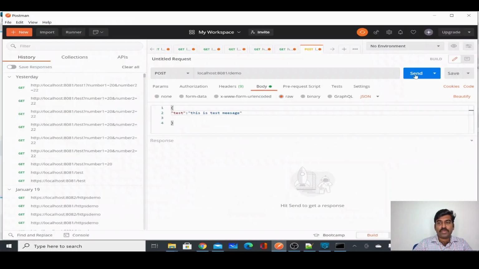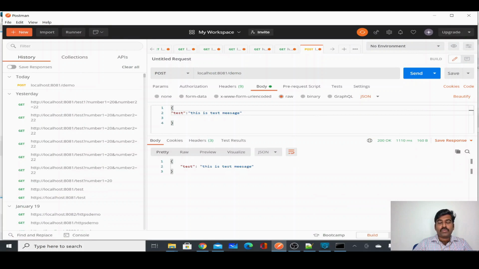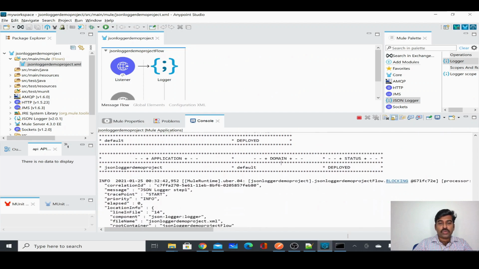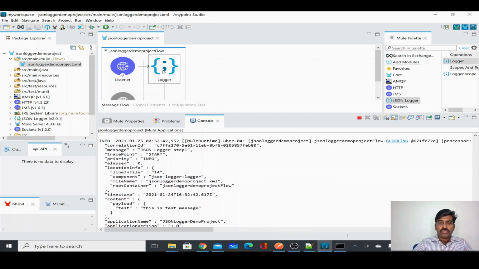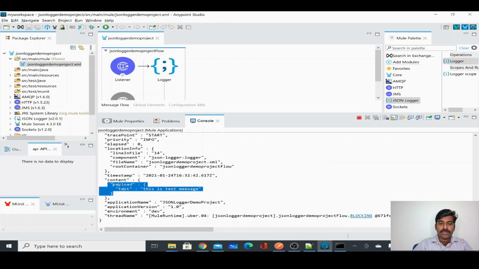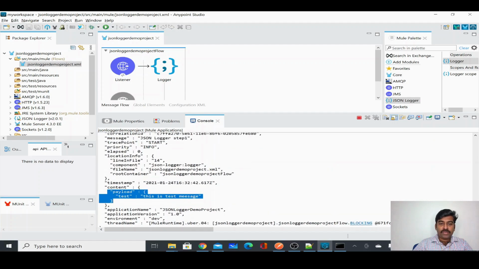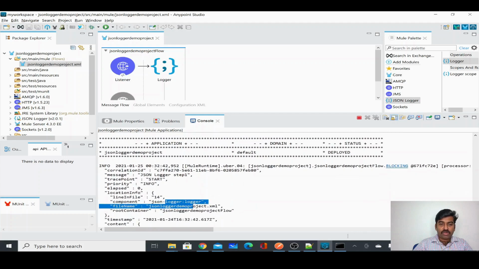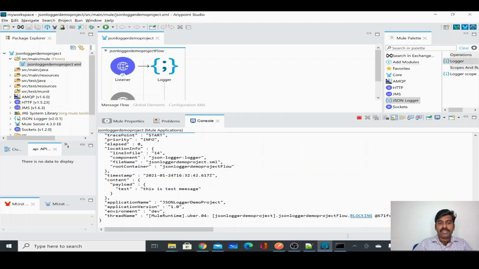So I'm just going to run it from here. We are using a JSON logger to display our logging message in a standardized way. Now if you see this one, we used just the logger, and it logged this much information. It logged your content, the project name, what component, and everything else. So it has all the details, and also the message which we logged. But it doesn't have any attributes.